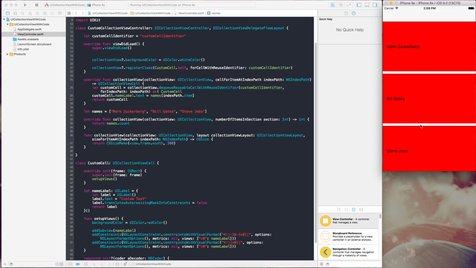Cool. That's pretty much everything that we want to build today, and hopefully you'll be able to see some of the pros and cons of storyboards versus pure coding and pure programmatic approach on building your iOS applications. Remember, there's no better way in doing one particular task,